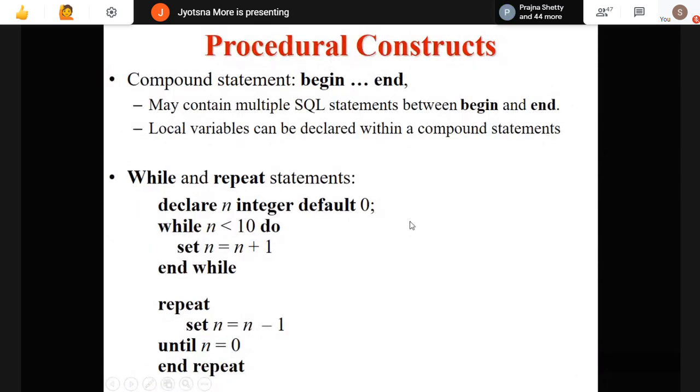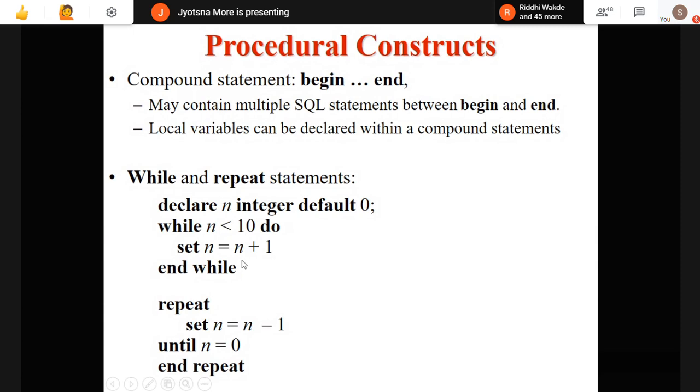These are some constructs. I'm not going to explain all these. This is just the syntax which you have to refer to while using while and repeat. Here I have said while, so that repeat. You can read this by yourself. You will understand. Declare the variable, and then the while loop start condition. You know the syntax for that, right?